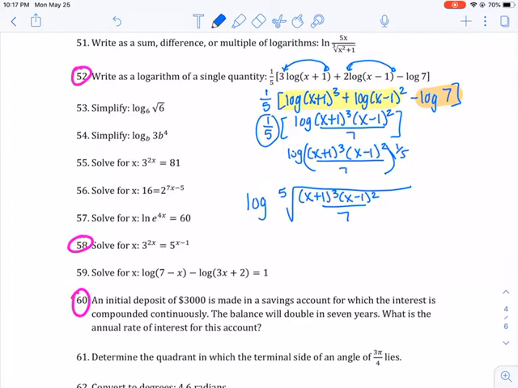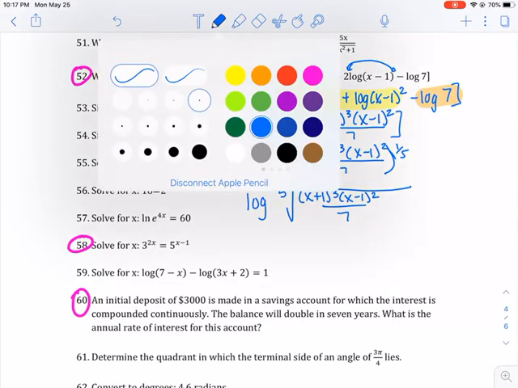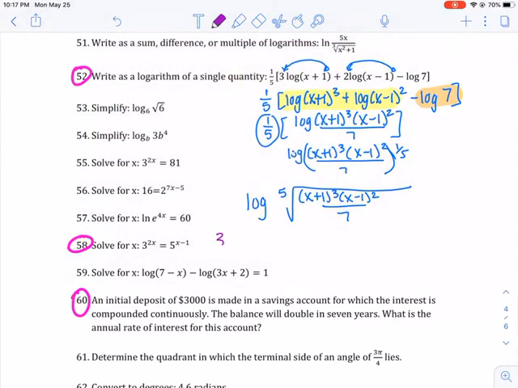All right. 58. Let's see. So 3 to the 2x equals 5 to the x minus 1. Okay, so this is one where you would try to find a common base and change to the same base if you could. These two do not have a common base. So what we're going to need to do is log both sides. Okay, so what I mean is this would now become